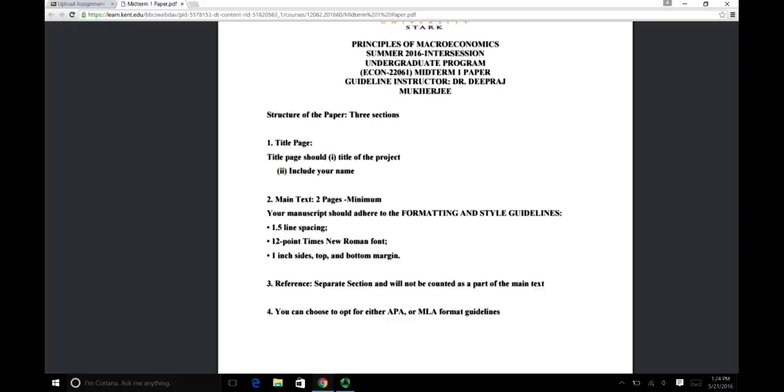So the technicality is there are 3 sections: title page with the title of the paper and your name. Then the main text, for which I'll give you the context in just a bit. That's where you have to talk about the paper, and then the reference section. So what is this paper about? This paper is about